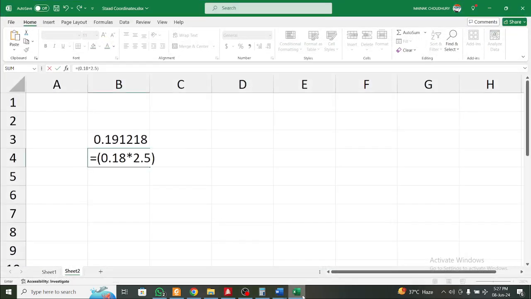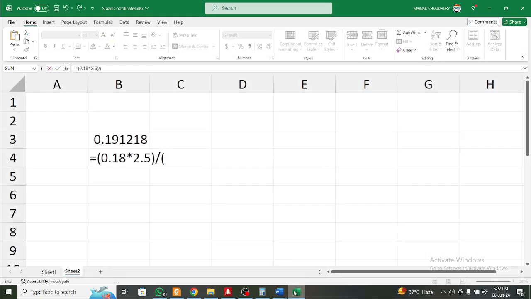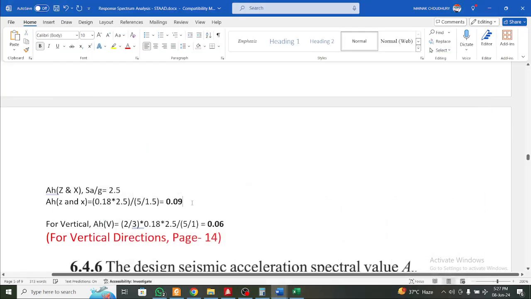2.5 divided by 5 by 1.5. So it comes as 0.135. So we write here